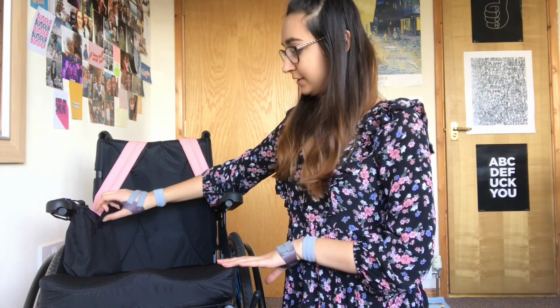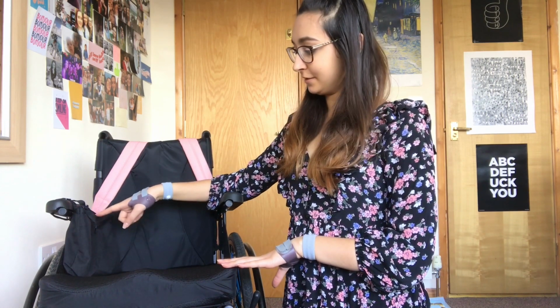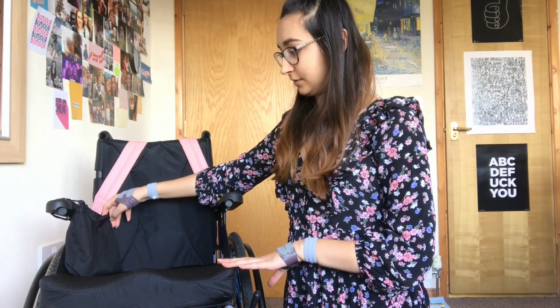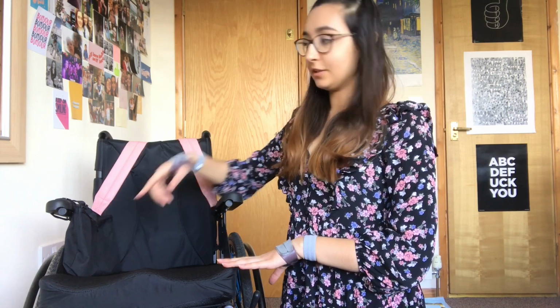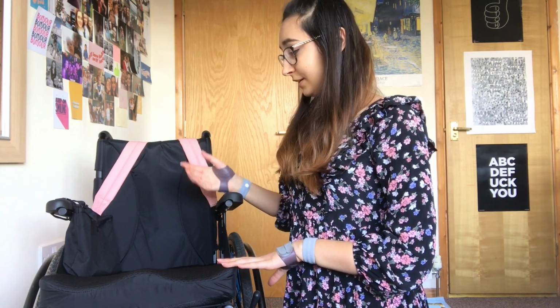The first thing I wanted to talk about is actually this little bag here. You might not have actually been able to notice that this was here, but this is called a pannier bag, and it just means that the bag sits with you in your wheelchair and you can have really easy access to things. This was something that I didn't get for a very long time, and actually I didn't know this